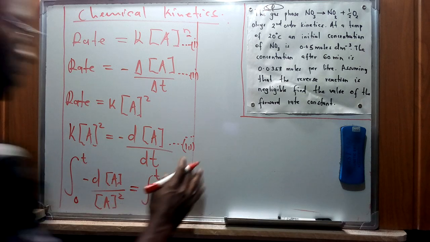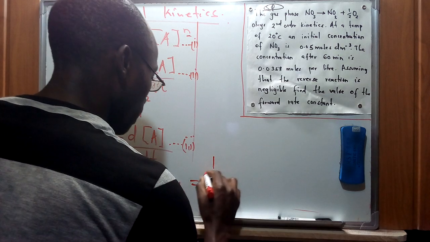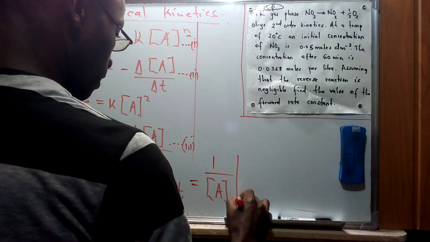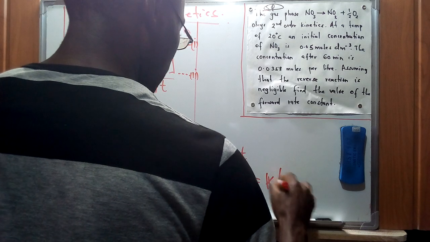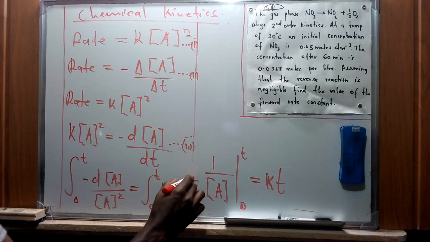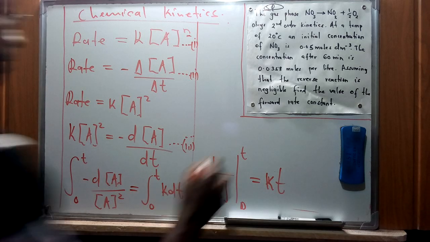So this one is going to give me a general representation for 1 over the concentration of A from 0 to t. So that is the integral of that, which is going to be equivalent to kt. So basically this second set is a representation of this. You can just write that representation of this first set of 1, 2 equations giving that one. So if you try to factor out for t in that integral, I'll find this one